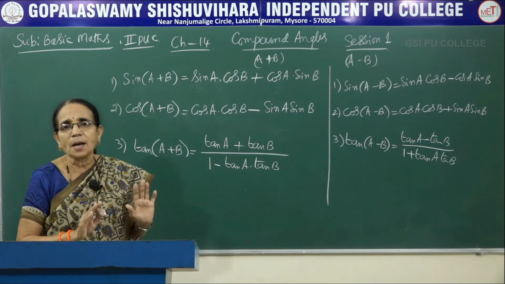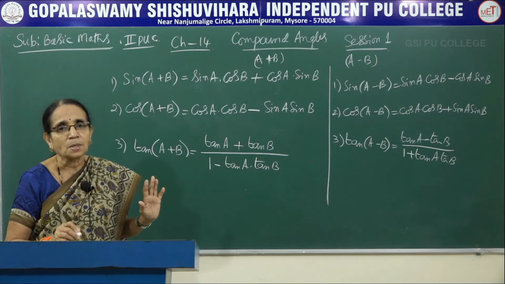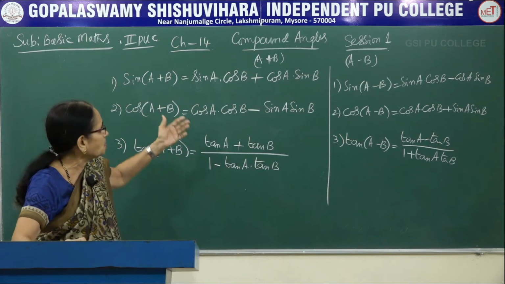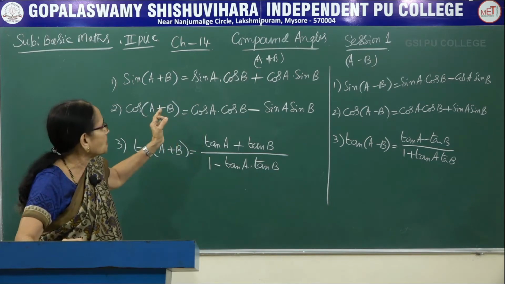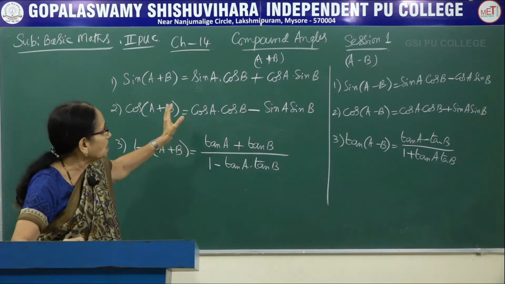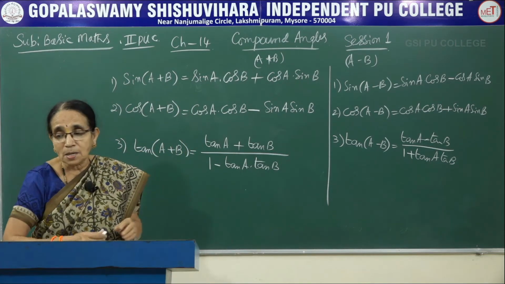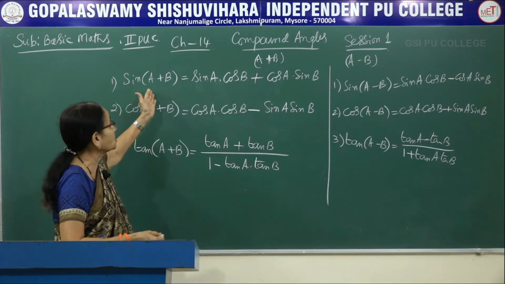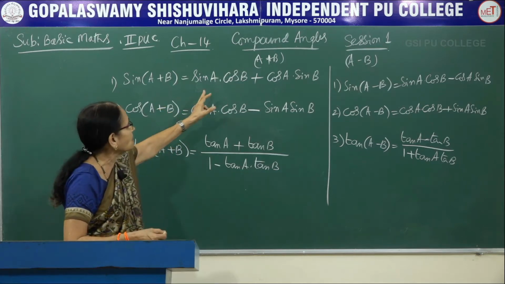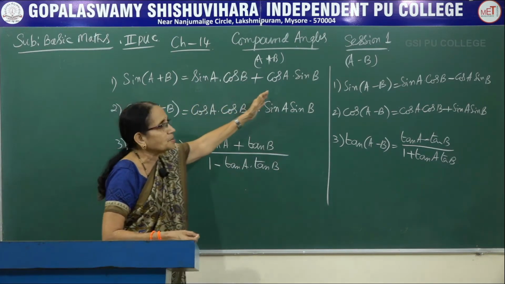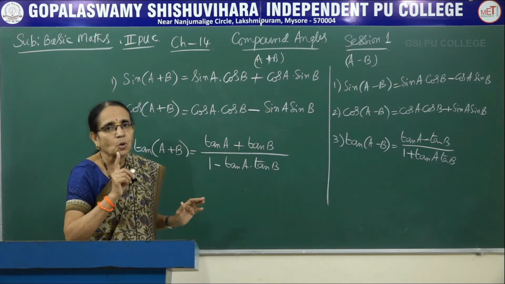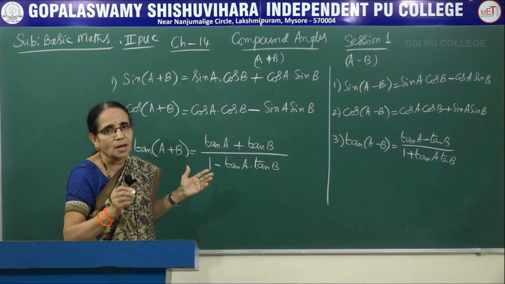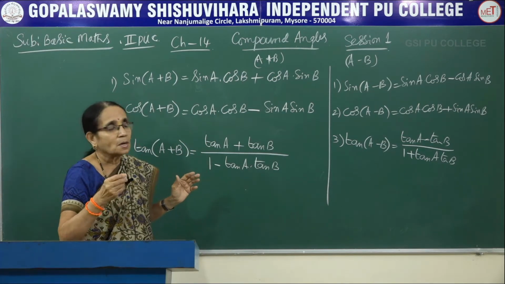Here I have not specified any value for A and B. A can be an acute angle, obtuse angle, reflex angle, whatever the value may be. The same thing is applicable for B also. Irrespective of the values of A and B, these formulae hold good. But when you have an angle A lying between 90 and 180, that is, in the second quadrant, in that case sin A becomes positive and cos A becomes negative. So you have to apply the appropriate rule so that you get the proper sign and value, because you have learned them under allied angles.